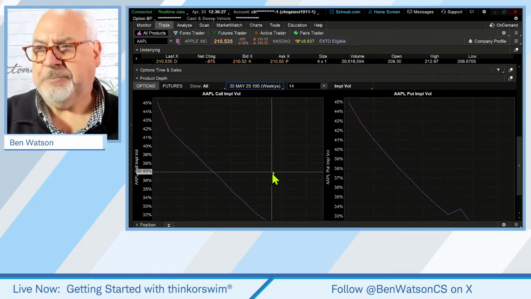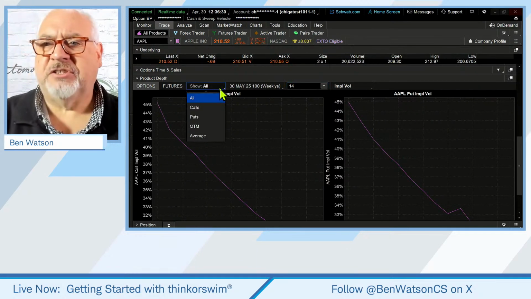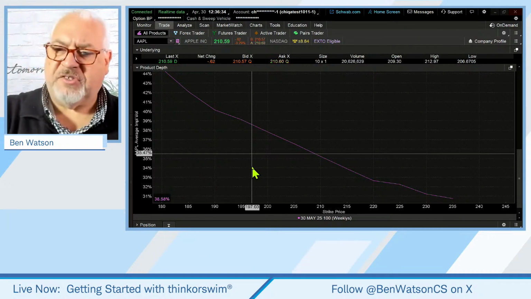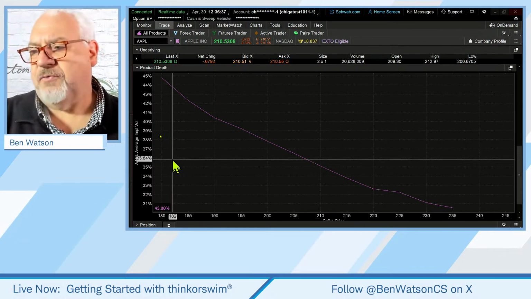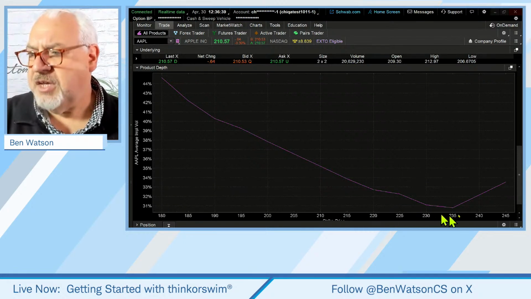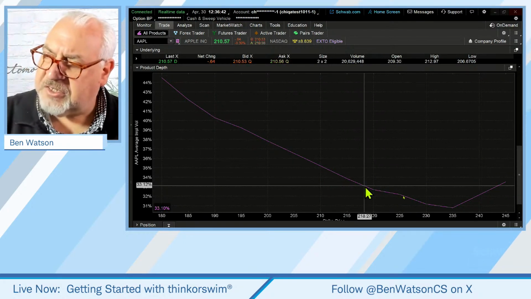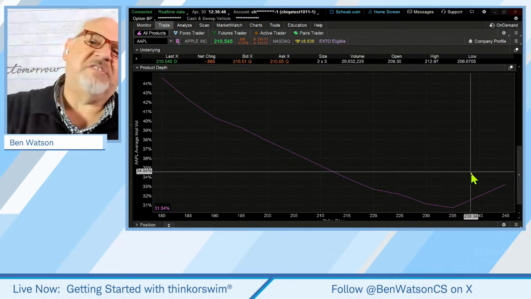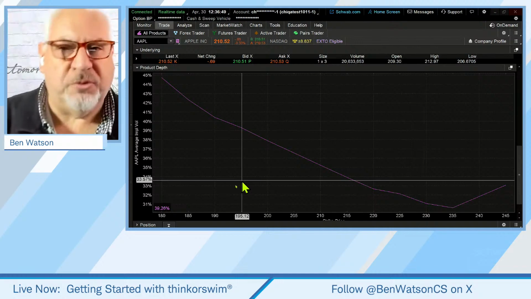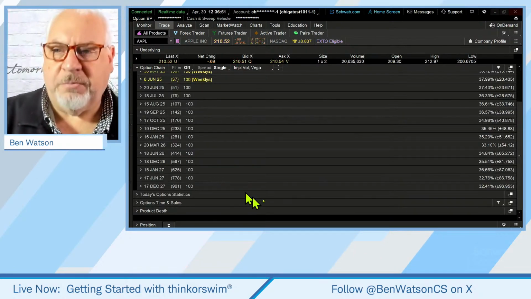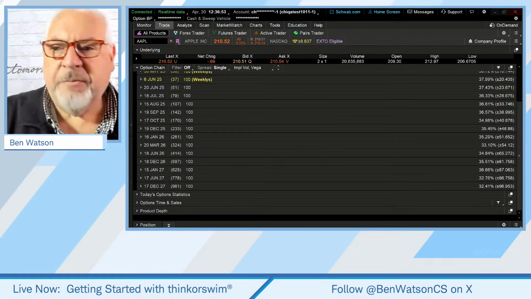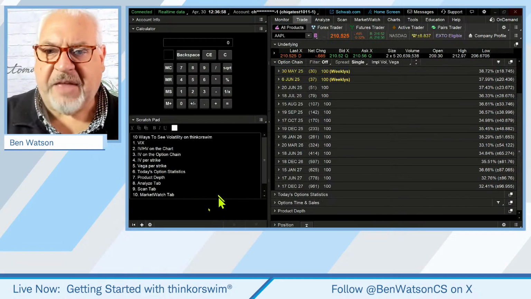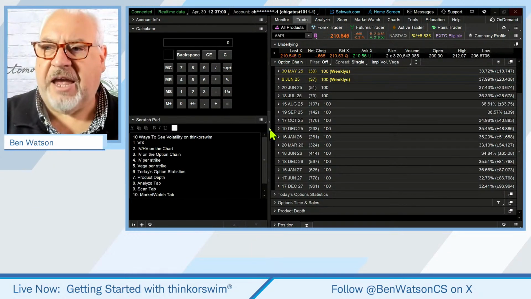And you can also see the average, if we look at implied volatility, this is the average across calls and puts, and you can see where that implied volatility goes for those strike prices. And you can start to see this. This is where you start to see those volatility smiles, volatility smirks. Great way to statistically get into this, but this is a deep tool, and it is one that can be very effective in helping you to see some of the characteristics of implied volatility. That's down here in product depth. That's number 7. Number 8 is on the Analyze tab.